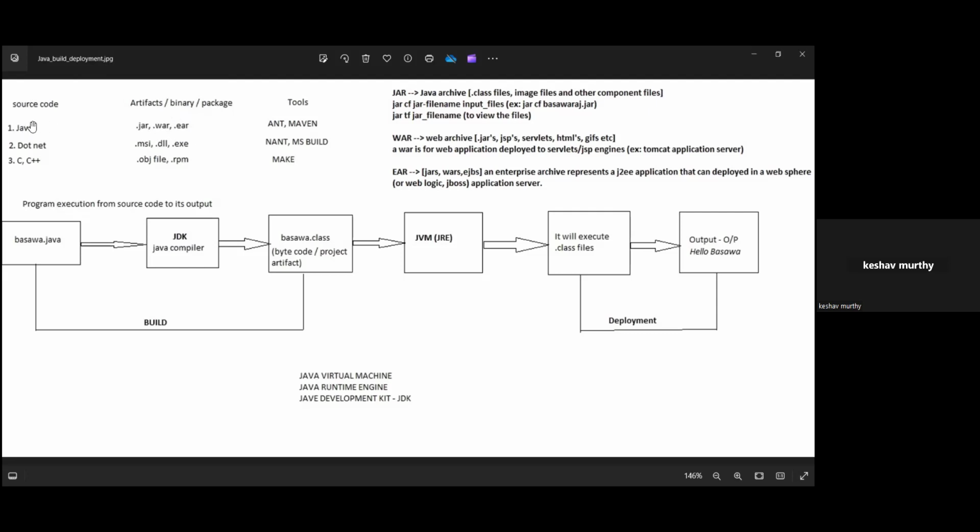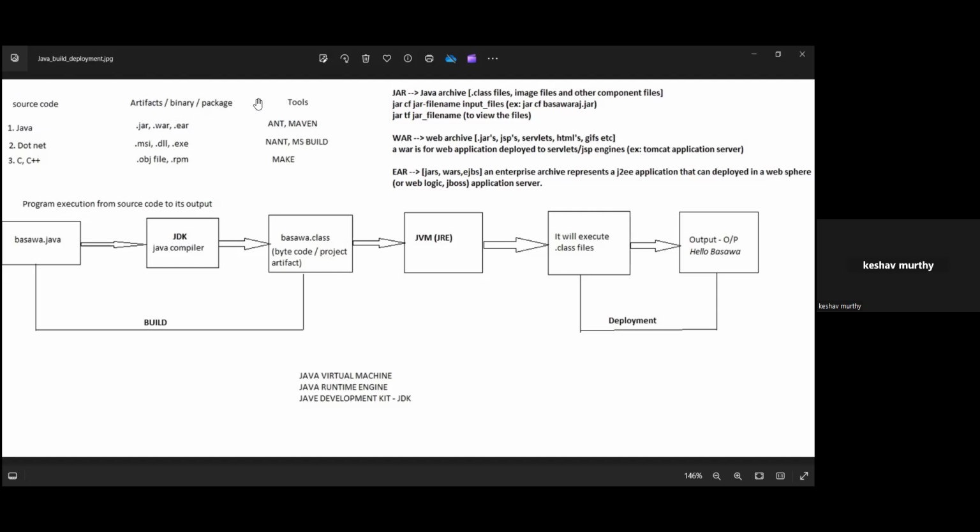So remember, as a build engineer, as a DevOps engineer, you have to remember only this much. Whatever development they're going to do, let them develop. Developers will create a Java file. Once they create a Java file, I have to convert this into JAR, WAR. This is the final package. This I will send to the customer. To convert this Java to binary, for build automation we require a tool. Those tools are called Ant and Maven.